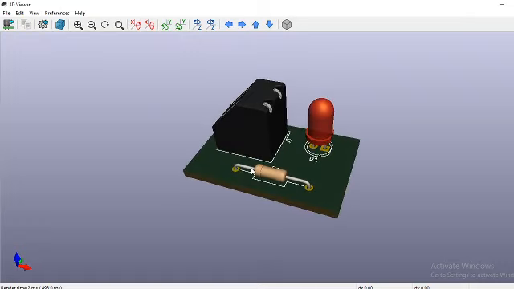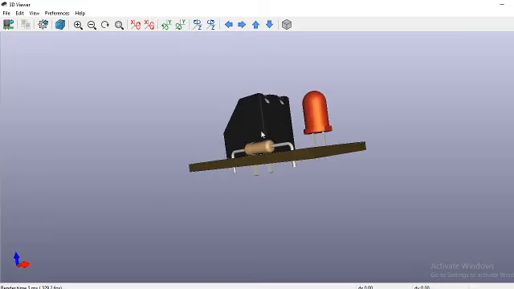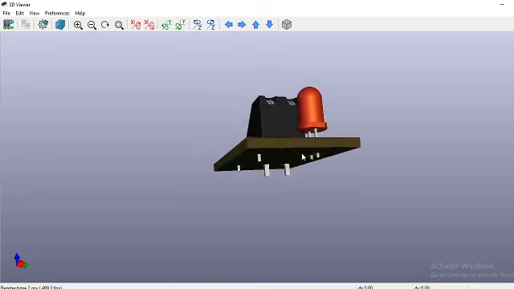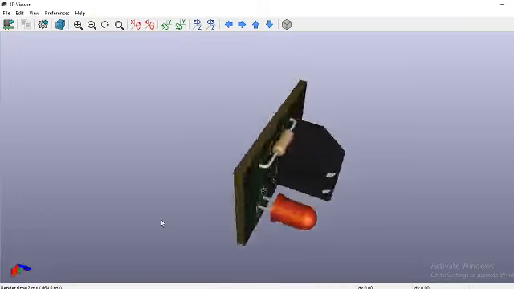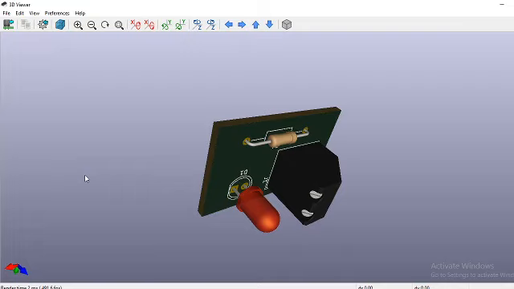You can drag your mouse around to rotate the PCB. So now PCB design is completed. Then your board is complete.